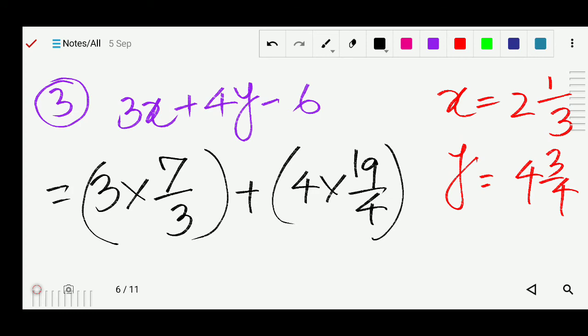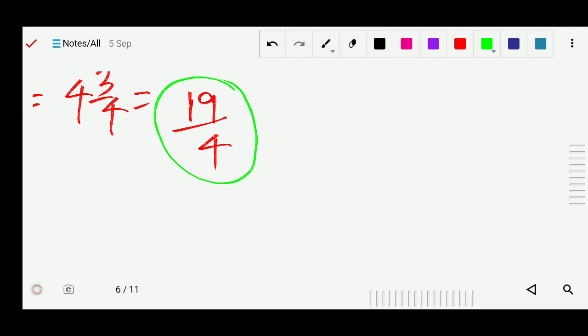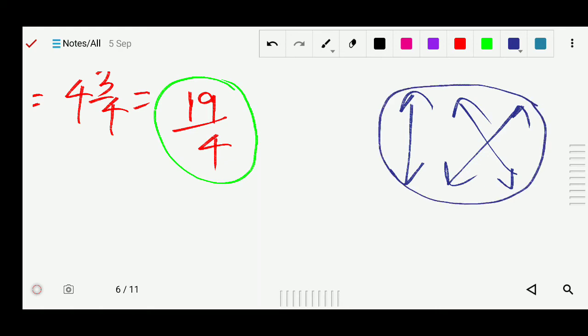Okay, then after there is a minus 6, so write here minus 6. Okay, now next is we can solve. We can divide it also, because we know in fractions we can divide vertically, or we can divide crosswise. Vertically means numerator and denominator, and also cross numerator and denominator of any fraction we can divide if it is in the form of multiplication.